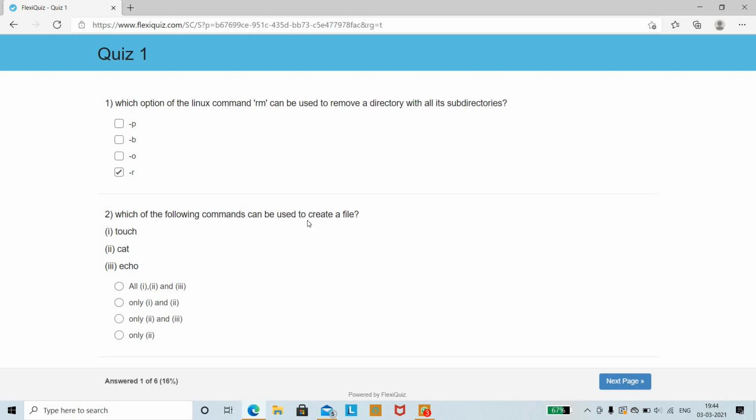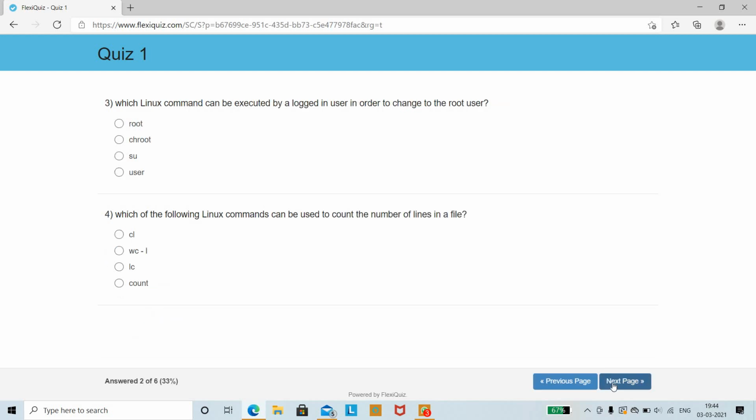They have asked which of the commands can be used to create a file, and they have not mentioned an empty file or anything else. So we can use the touch command to create a file, as well as the cat command. Out of these, 2 options are correct, that is, only 1 and 2 are the correct options for this question. So next we shall see the next question.